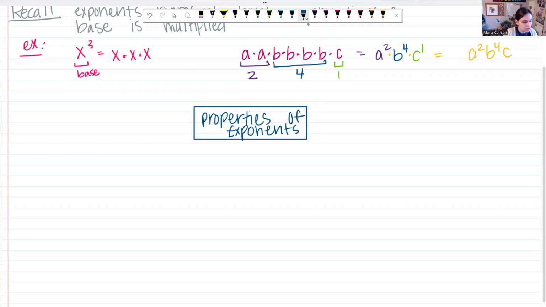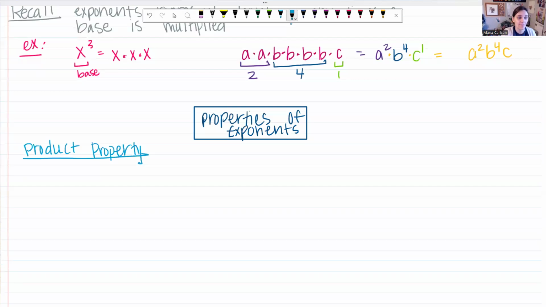First, we're going to talk about the product property, or the product rule, if you will, but I like to call these properties. So the product property states if you have x raised to some power, x to the a power,